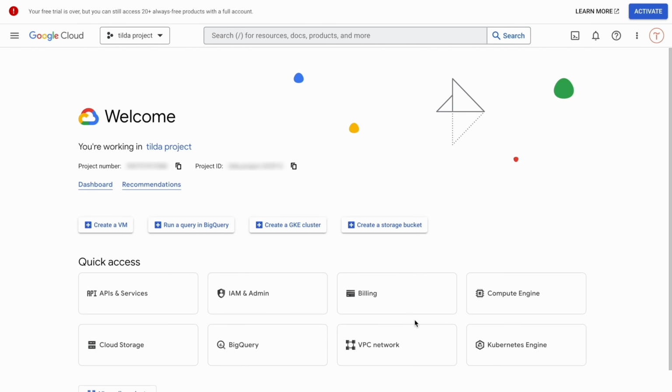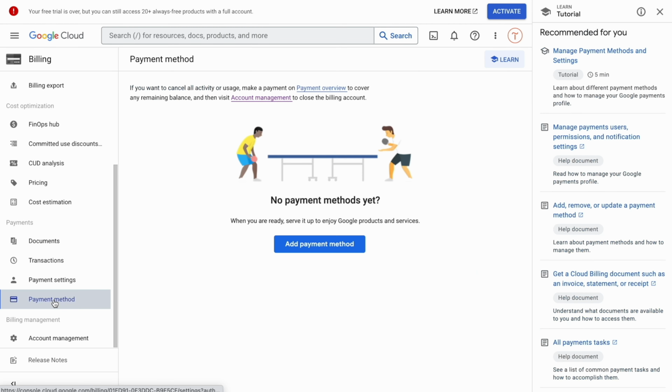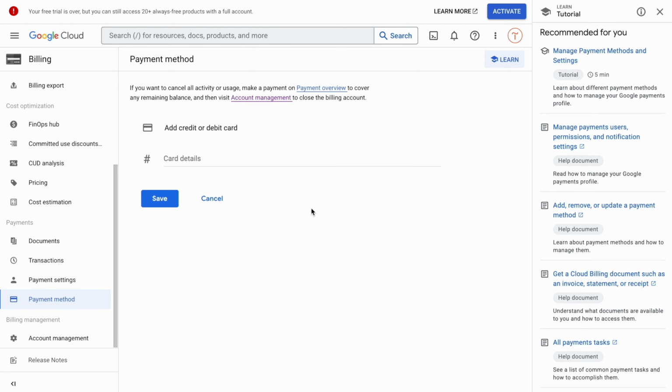If you sign into an existing account you've had for some time, and the trial period for it has expired, to create an API key you'll need to enable or reopen a billing account by adding or updating a valid payment method. To do that, once on the Welcome page, click Billing. Then find Payment Method on the left sidebar and click Add Payment Method. Once you submit your credit or debit card details and your billing information is processed, your account will be reactivated.